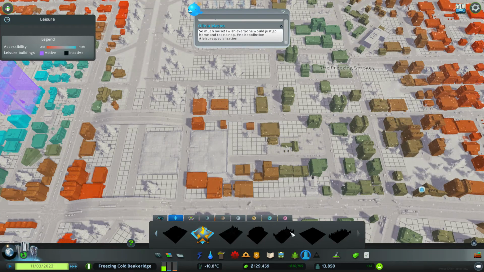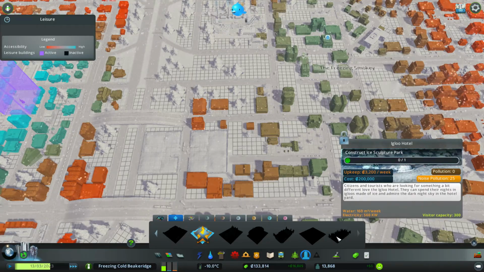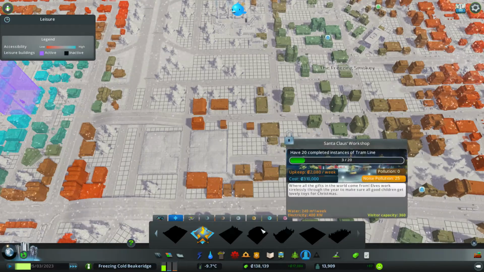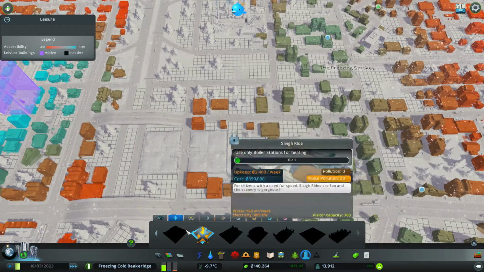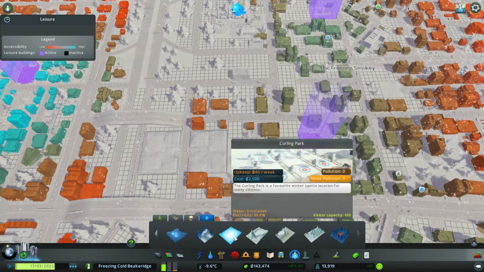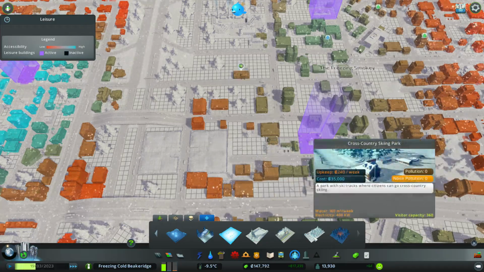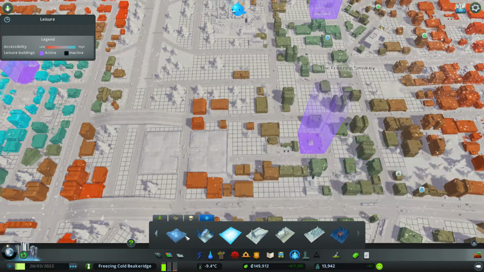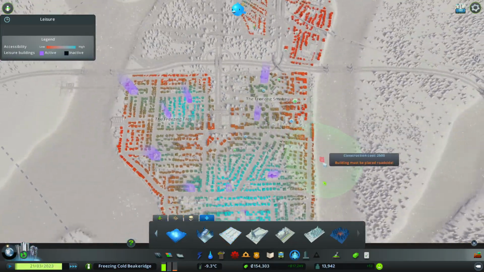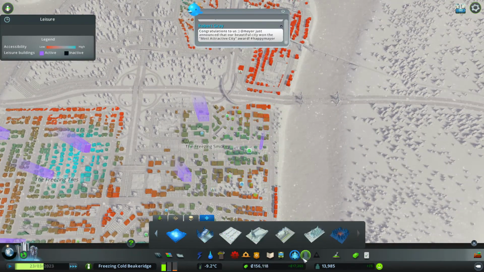So that's interesting. And the last one is an igloo hotel, which means you have to construct an ice sculpture park. Which one was an ice sculpture park? Any of these ice sculpture parks? Or is that in here? Curling, sledding, skating, cross-country, ski lodge, ice sculpture. Right. So we could go ahead and place one of these puppies down over here, which then gives us access to...